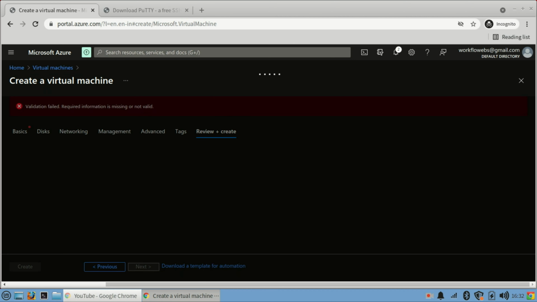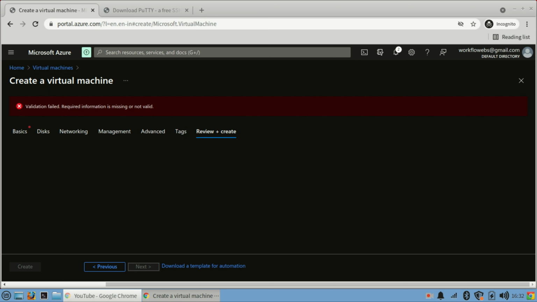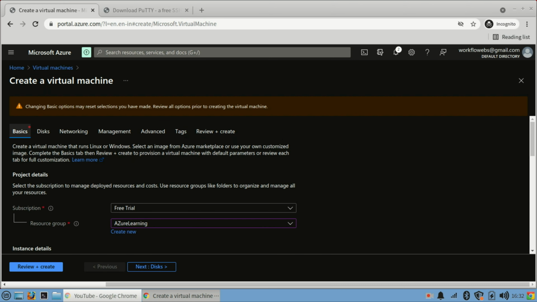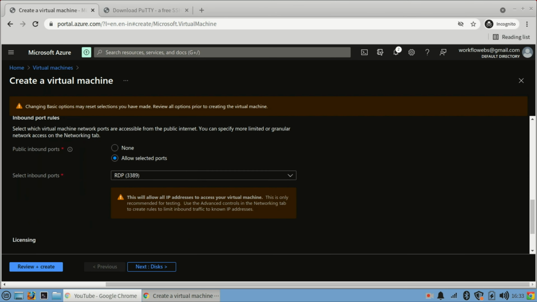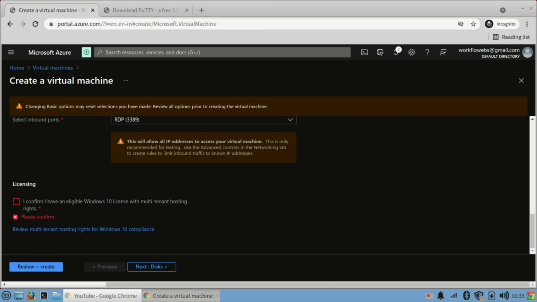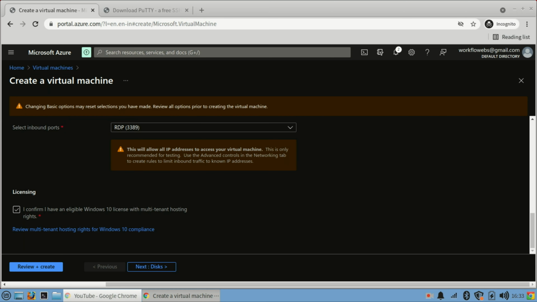So see, the validation failed earlier. Last time when I was creating Linux machine it was fine, but this time it failed. So now why it failed, so it will show you red dot here. Go back to here, and if you see it here, I have not accepted this, okay. So you have to accept that you are eligible for Windows 10 license with multi-tenant hosting rights, okay.